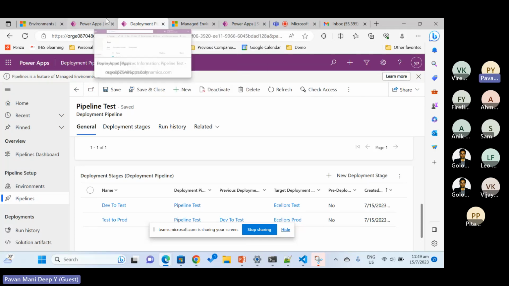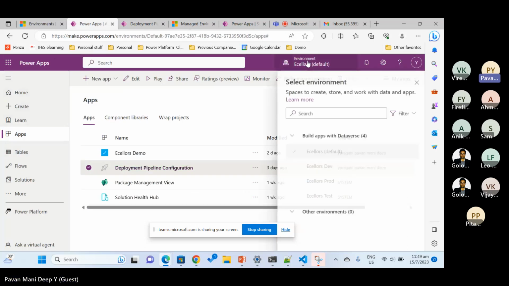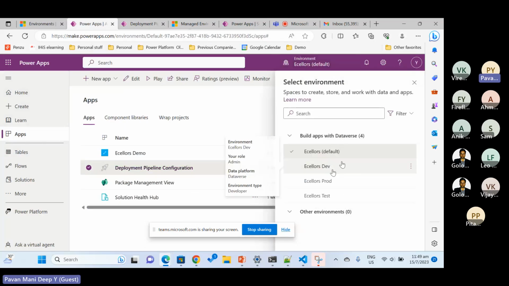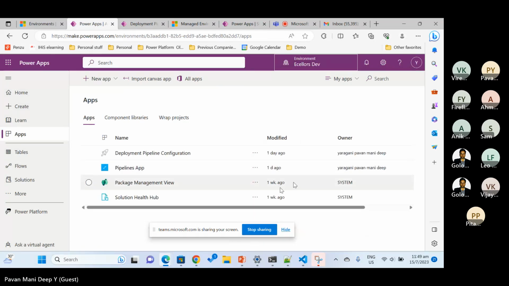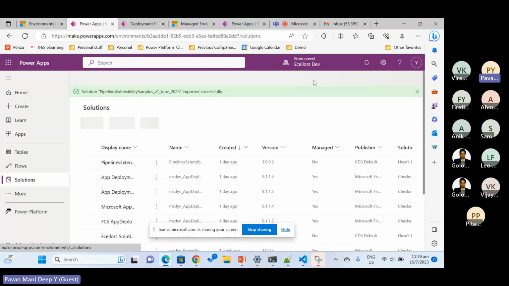development environment from make.powerapps.com. So I'm in the host environment. I will go to my dev environment. I have also installed it in this environment, but you don't need to do this in this environment. So all you need is to work with your solutions. Okay. So in this environment, in your development environment,